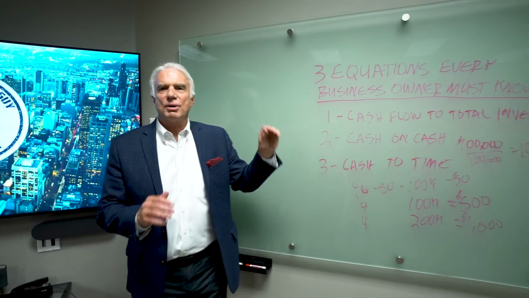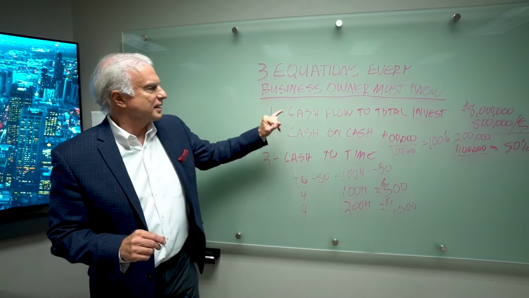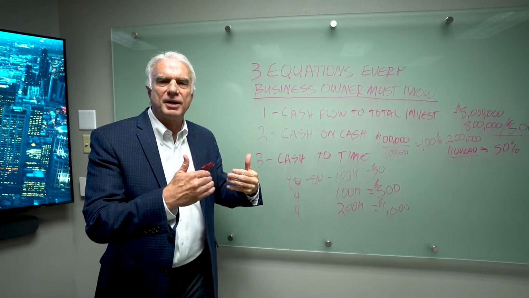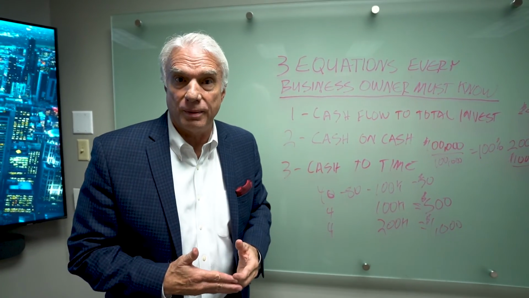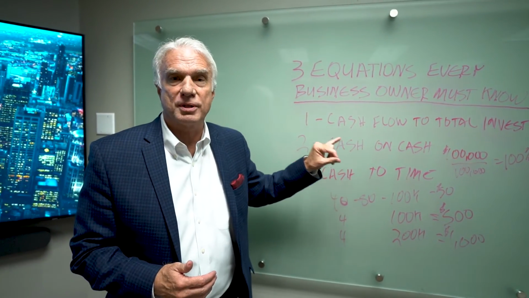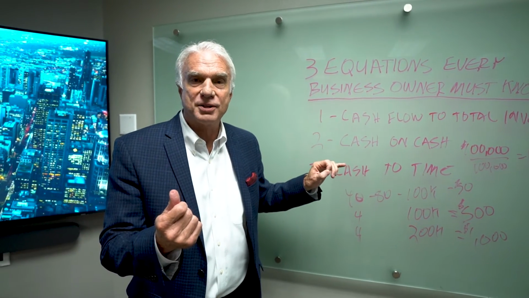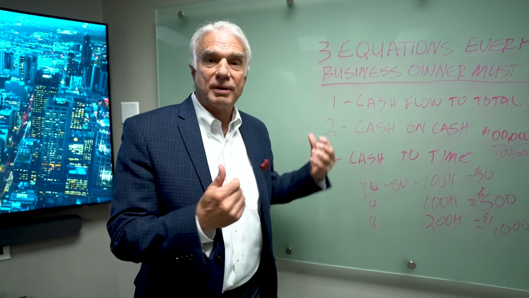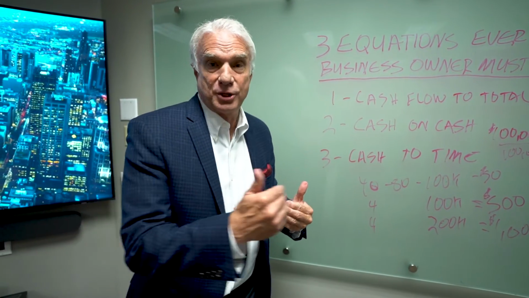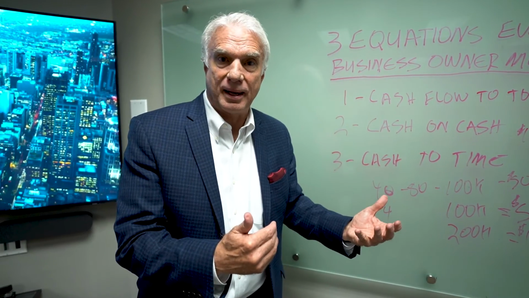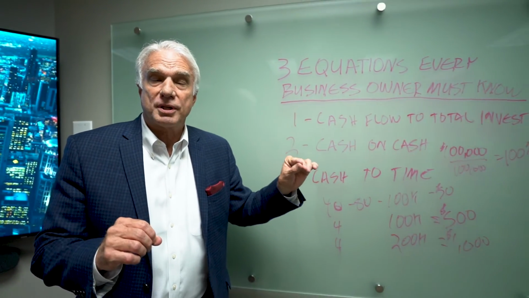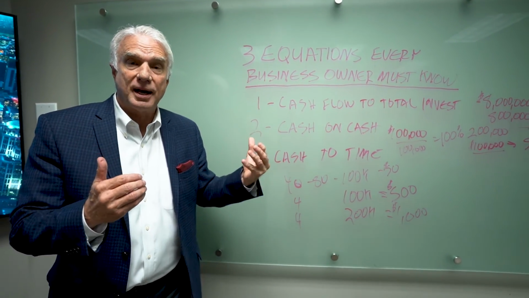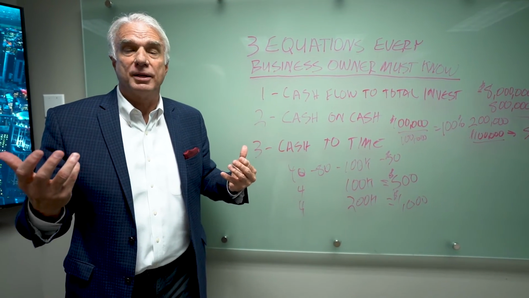Okay, as we finish up today, the 3 equations that every business owner absolutely must know are, first of all, the cash flow that you're receiving, the money you're getting on a regular basis per year, to the total investment that you put in to acquire that cash flow. Number 2 is the cash on cash, which is the most effective way of looking at how to get your cash return on investment. And that's the total cash flow divided by the cash that you outlaid to get that investment back. And number 3 is the cash flow to the time that you're putting in. This is essential, of course, because we want to make sure that we allocate the right resources of time to get the maximum amount of cash flow back in the shortest period of time.